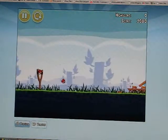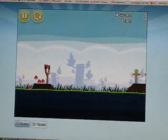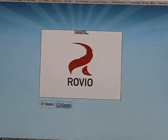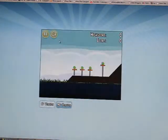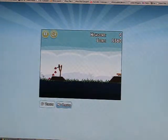Okay, the frame rate is certainly not as good as on an Android tablet, for example. That's way lower than you'd get on an Android tablet. Let's try the SD version. Let's see what happens to this one. Oh, smaller screen. Let's see what happens here. Okay, it's a little bit smoother,